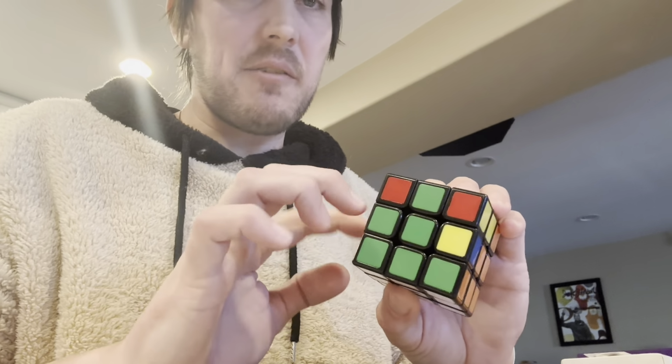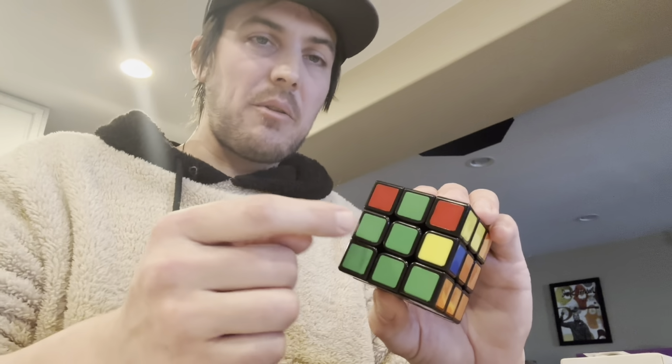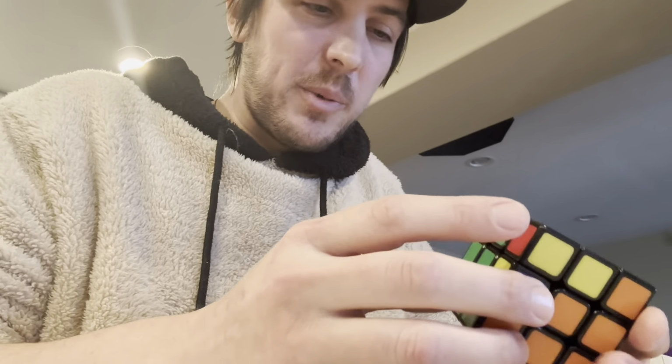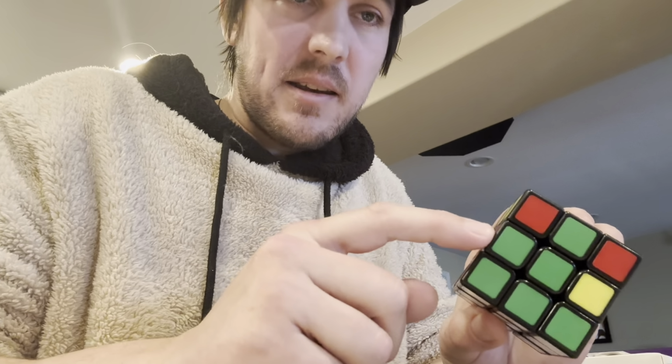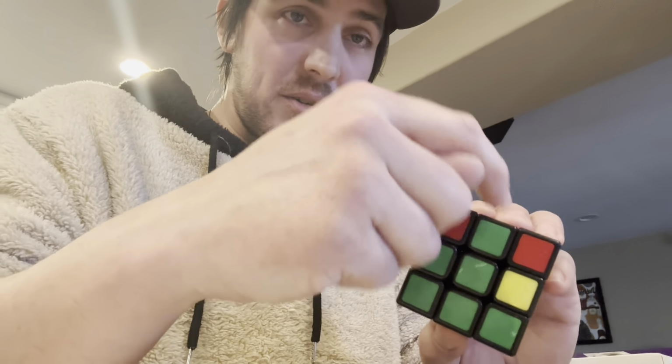Because you can sometimes have edges in the wrong place, and like we explained, you would put another piece in to kick it out if it's in the wrong place. But so far we've had very good luck. We had to kick one out, and again, when I say kick out, I mean when we have a wrong edge piece in and we use another piece to put it in there to make that piece come up to the top layer so we can now insert it into its right place. So